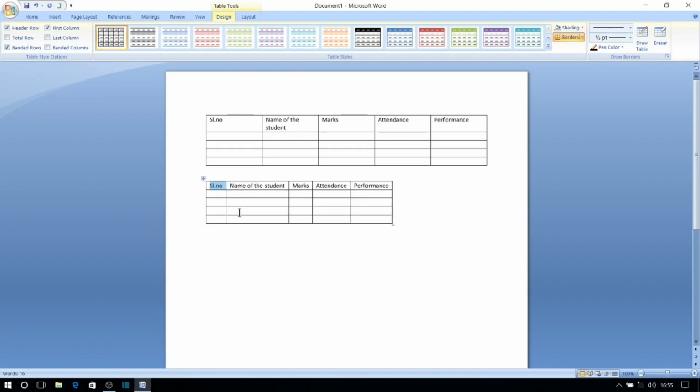Now we can see the same data entered in the first table is entered here, but the width of the column is different from the width of the columns in the first table. In respect to the first column, where the quantum of data entered is less, the width of the column is also lesser than the other columns.